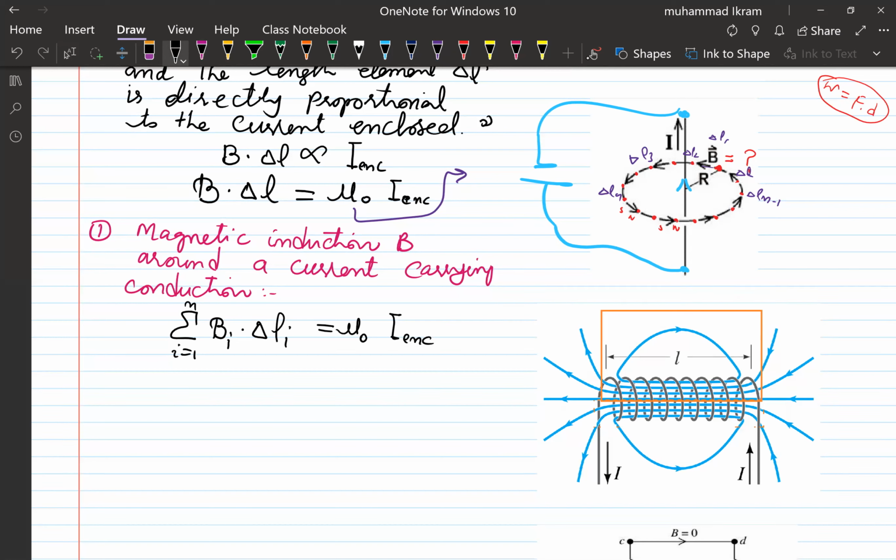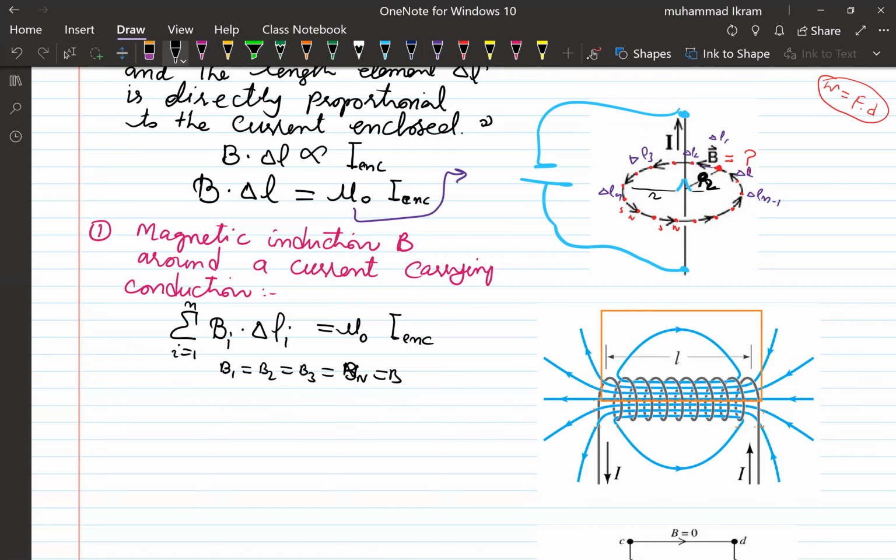Now look, whatsoever is the case, B1 equals B2 equals B3, and so on up to Bn, equal to B. So B is constant. Why? Because around the current carrying conductor at the same small r, at the same radius,